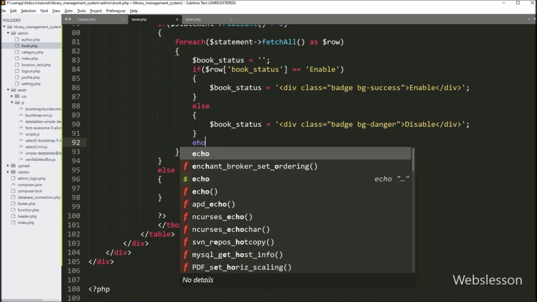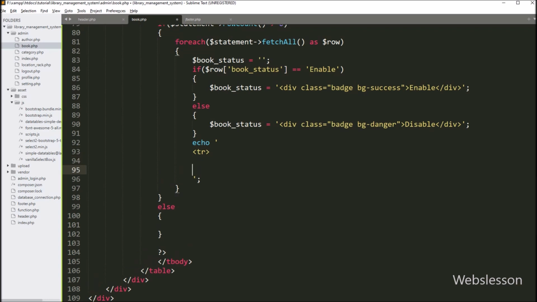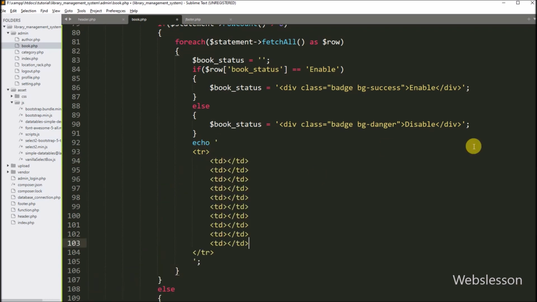Next below this, we have to write a PHP echo statement with open and close table row tag, and between this, we have to create 10 table columns. In the first column, we want to display the book name, so here we have to write the $row book_name variable.